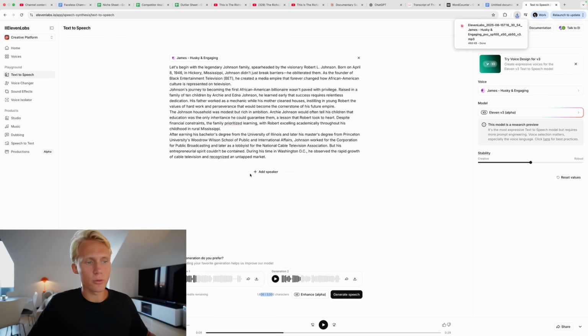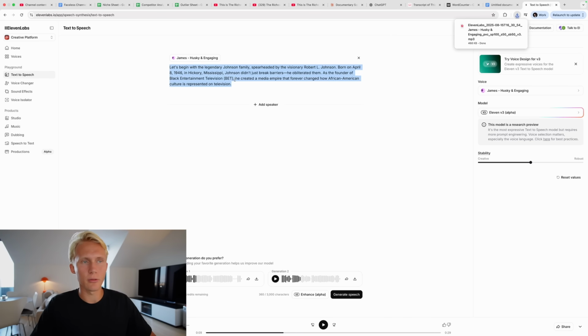What can happen though, and what you should keep in mind, is that when you do generate very big paragraphs, if I were to generate this one, and there's like an issue in the voiceover here, then I would have to regenerate the entire text in order to fix it, or hope that it's fixed, and that way I burn through a lot of credits. So it's usually a better thing to just generate a small chunk like this, and then you generate the next chunk. It is quite time consuming, but that's what you'll have to live with.